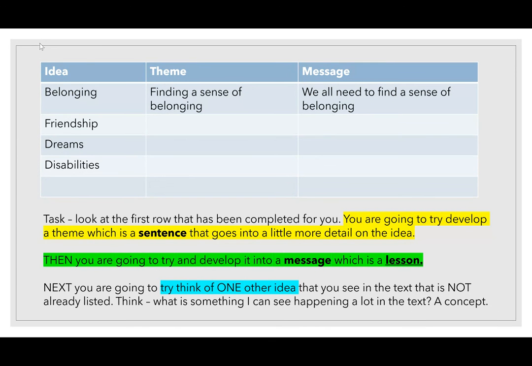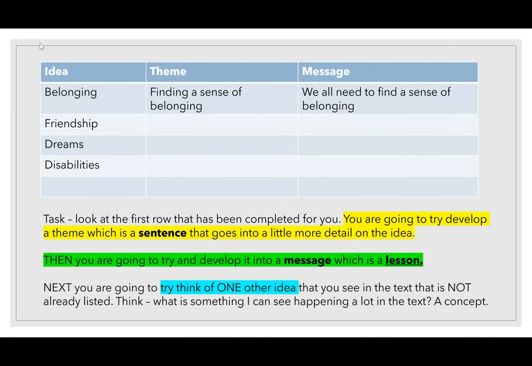And you'll see that there's a blank one there. I want you to try and think of an idea that I haven't given you. So I've given you 4 to get you started. And if you did that brainstorm before, you might find that we've got similar ones. But if you've got a different one, I want you to add that on. So pause the video and try give that a go. If you're really struggling, stick around and I will come up with, I think, the messages for you to give you a little bit more detail.